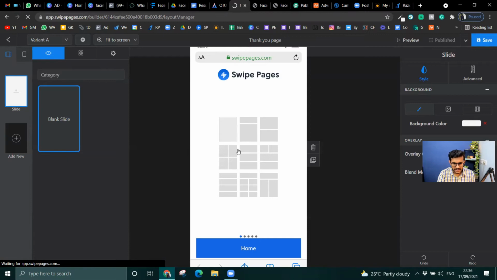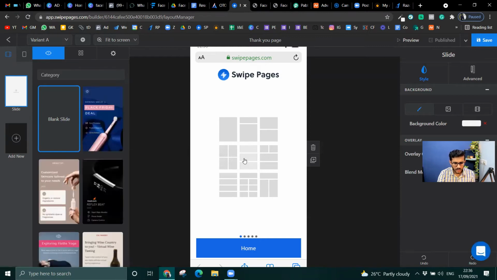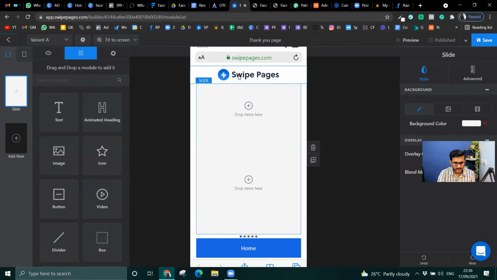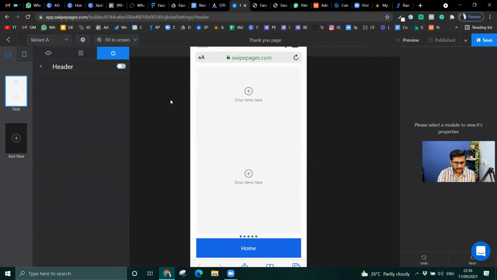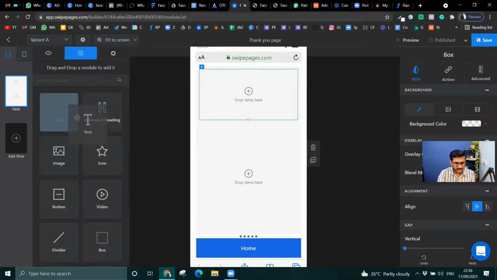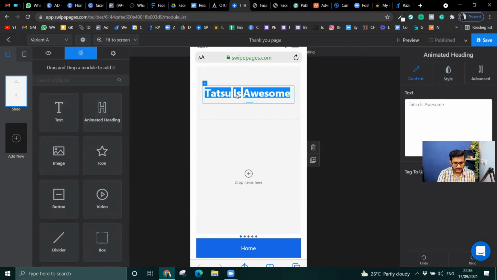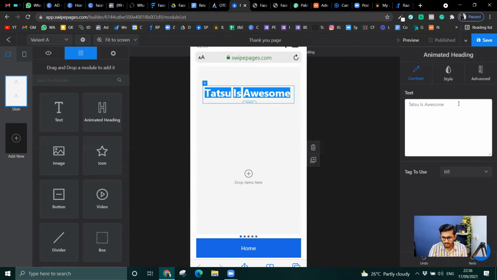Here I would need just a single section. I will not need the header. I will just add the bottom text.